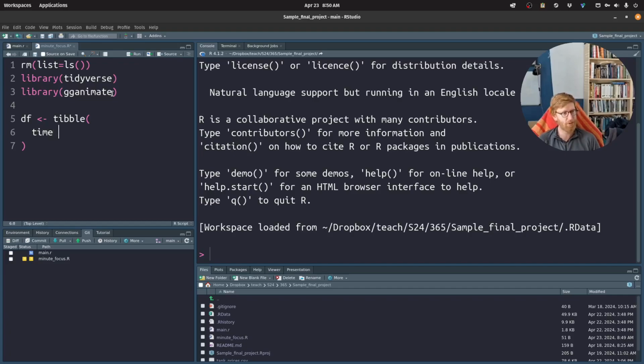But I've got time is going to be something, and then I'm going to have size equals something. So for time, what do I want to do? Let's have it go for 60 seconds. So our time, let's have this be 60 down to 0. And for our size, how do I want to do this? I think,